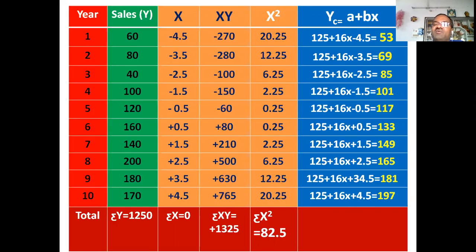If all these Yc values we plot on graph paper, if you want to show it in a graph, take a graph, draw a line, OY and OX. On OX you write the years, on OY you write these Yc values. For every year you put, for the first year 53, second year 69, third year 85. Like that the values will be plotted. If you draw a line joining the plots, you will get a straight upward line. If it registered an upward trend, a straight upward line; if the fluctuations are a downtrend, then a straight downward line will come. So that is called a least square line.